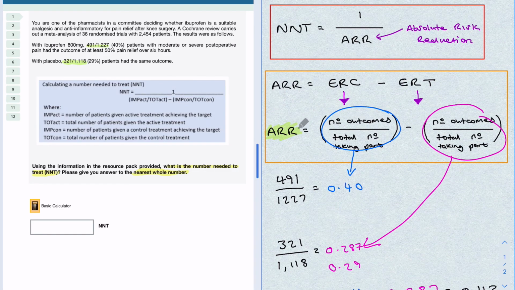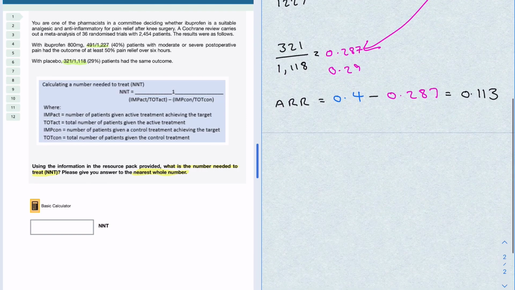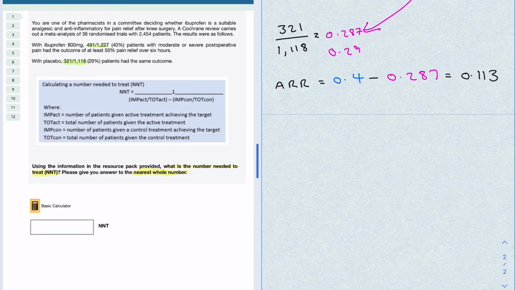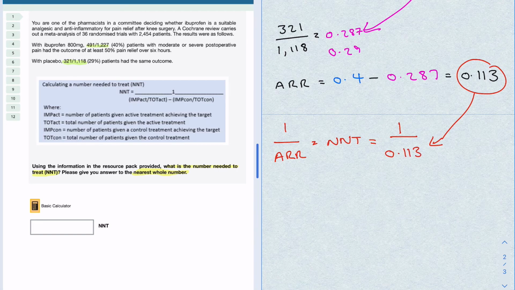So the first stage is to calculate the ARR. The second stage is now to calculate the red box here, the NNT. So what we do is we do 1 divided by the ARR. So if we scroll down now, and what we say is that the top box in red told us that 1 divided by the ARR equals an NNT value. So 1 divided by 0.113 will give us our NNT, which is equal to